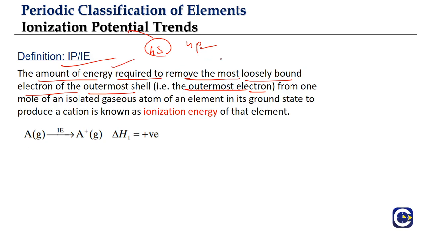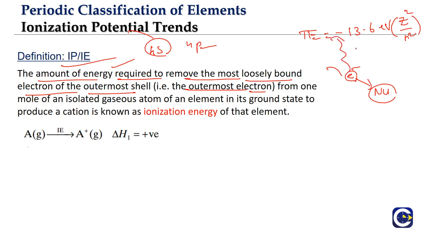Why will it require energy? If you just try to use the Bohr's model concept, now Bohr's model concept will not be completely applicable for multi-electron atoms, but still when the electron is bound to the nucleus, there will be some attractive forces. The total energy of the electron inside the atom, remember the formula from the Bohr's model, is minus 13.6 electron volt into Z square by n square. That is of course for hydrogen and hydrogen-like species, but it still tells us that the electron will have negative energy.